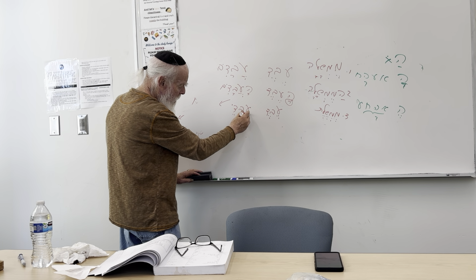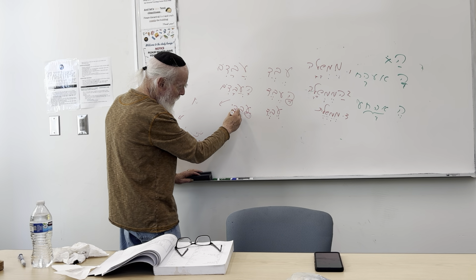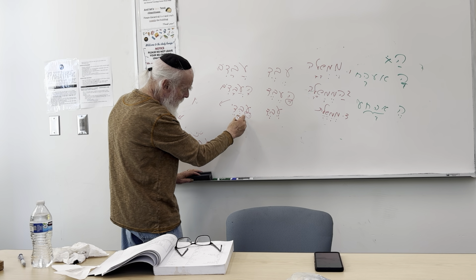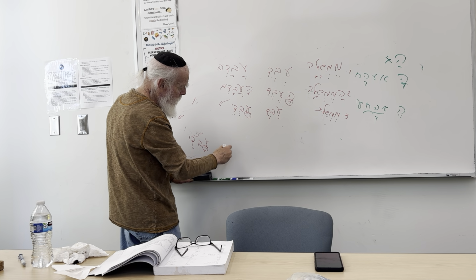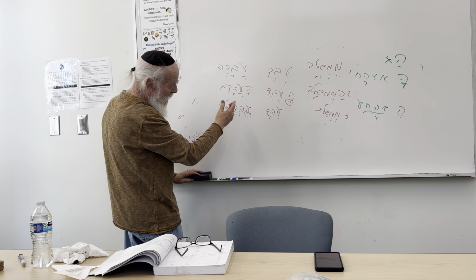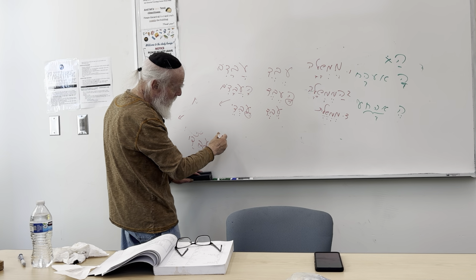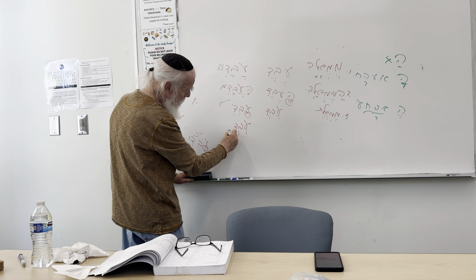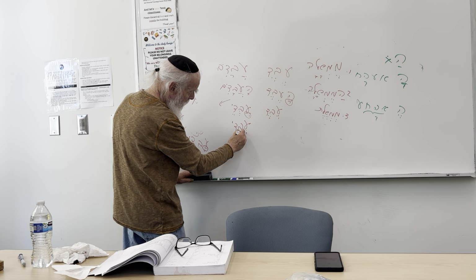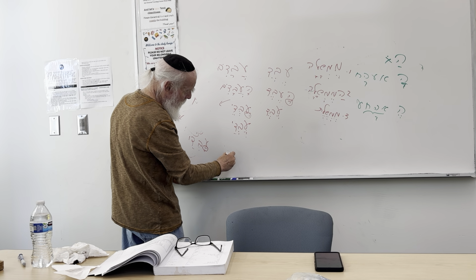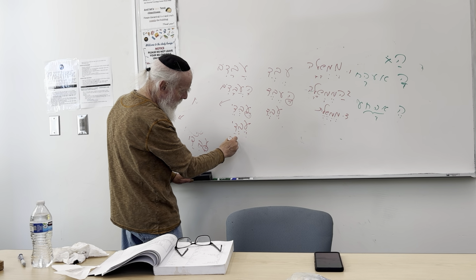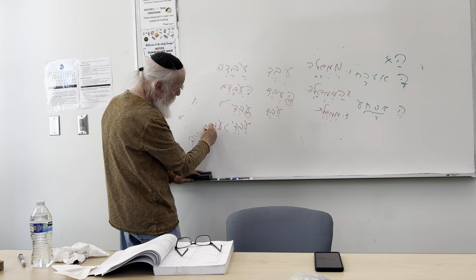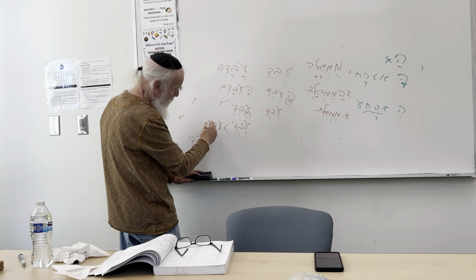The chatafpatach with a shva. In other words, two shvas. There's a chatafpatach like a shvana, followed by a shvana, or whatever you want to call it. What you actually have are two shvas. The chatafpatach replaces the shvana. That's going to be a cluster as well. So we have the final form of patach. It's forcing a vowel into being.